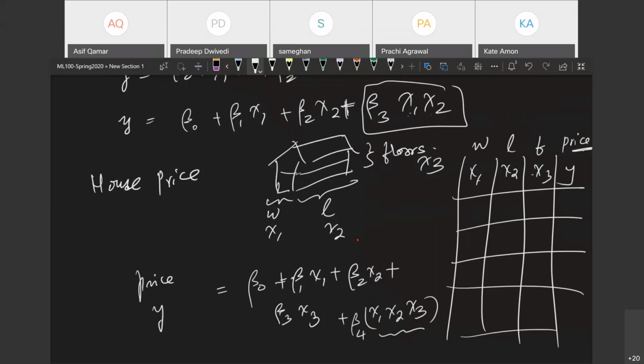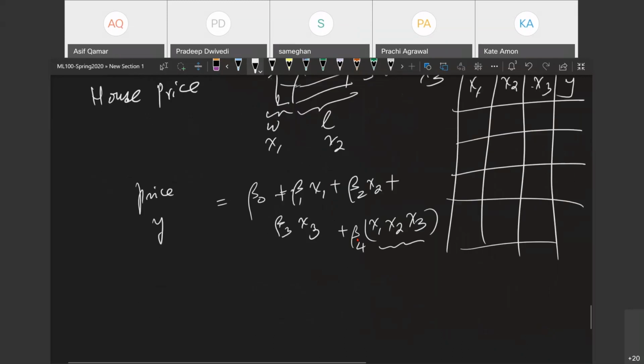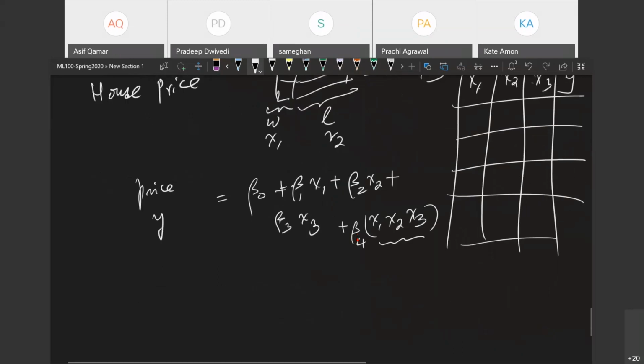What does this signify? Can somebody tell me? If I take the length of the house, the width of the house, and the number of floors, what do I get approximately? The square footage? Exactly. You will get the square footage. And you know that the price is actually sensitive to the square footage of the house. So for example, if you get a house which is only 900 square feet versus a house which is 4,000 square feet in the same neighborhood, which is likely to be